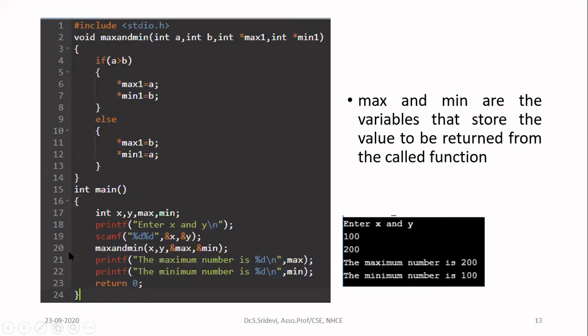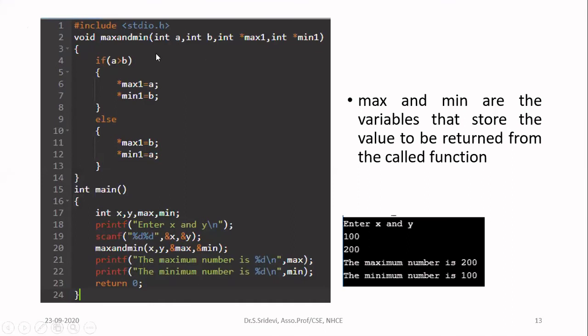Now let us go to the function and see. You can see here from the function, I am not returning anything. Void type is going to tell you that the return is nothing. The function is not going to return anything. But the question is to return more than one value from the function. But void is the return type. Then how is it returning more than one value? That is, all the changes have been done only in the address. Okay, that is the meaning of returning more than one value. You will not see any return statement here, but all the changes are done in the address itself.